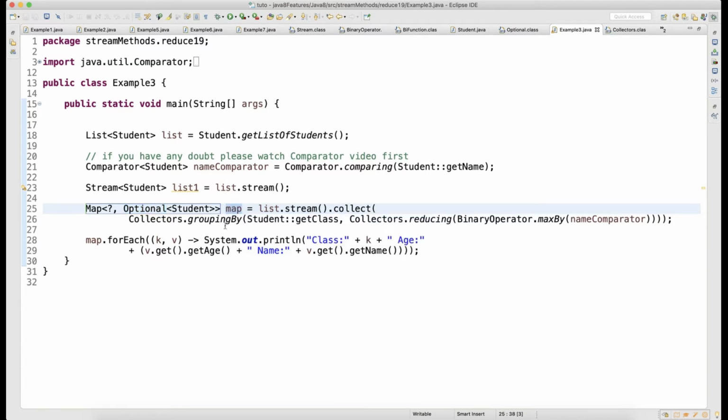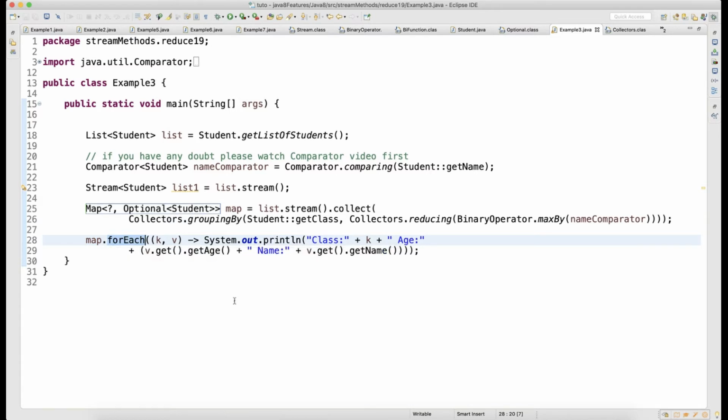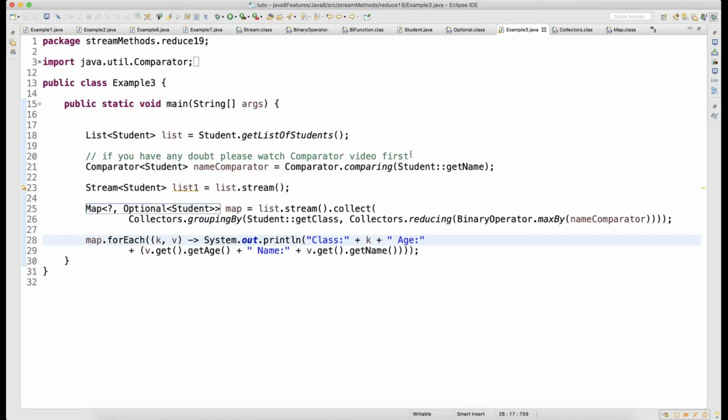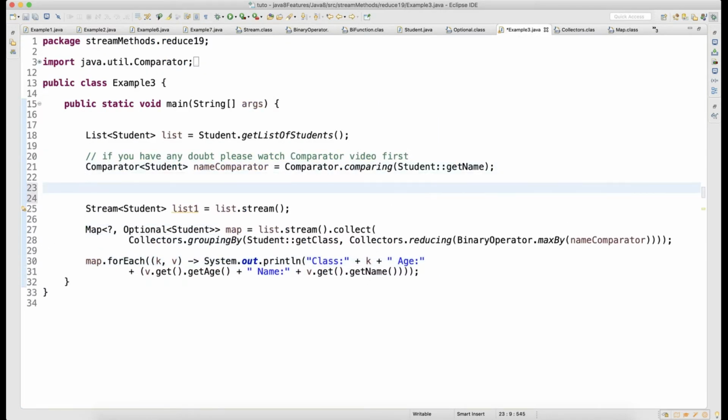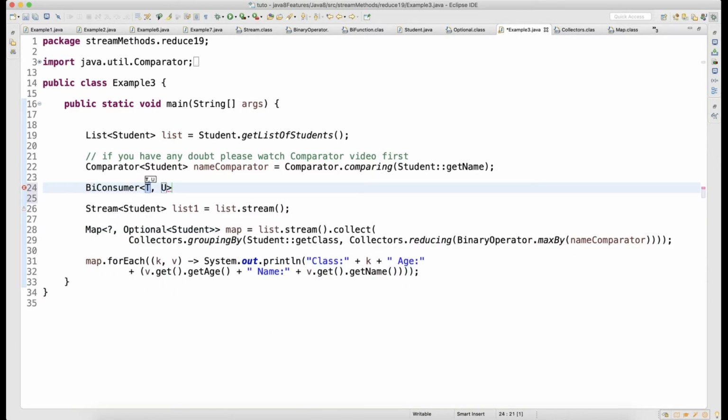Clear? Since it is the map, I can run map.forEach, and you know that this map will take a BiConsumer. Okay, so here when you press control click on forEach, see it takes a BiConsumer, right? Let me show you by writing a BiConsumer here so that you will not have any confusion. Anyway, I have covered all of this in great detail. So in a BiConsumer, what data you have? So you have your key, which is a string, and the value is the integer, right?